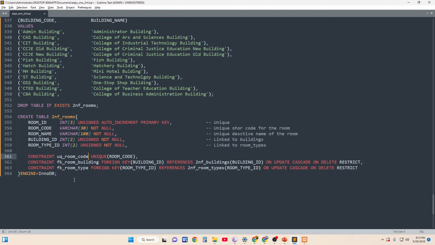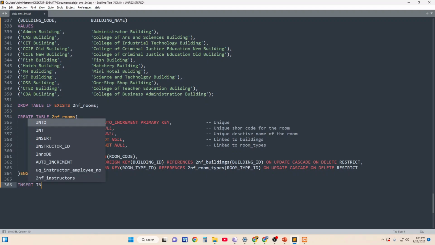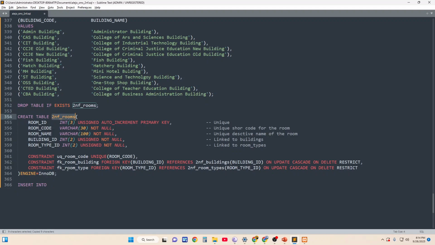So we can populate examples. Okay, so I will just give an example of only two buildings, for example, and that is CIT and then I think criminology. So for example, insert into two and F rooms. Insert into two and rooms, and we have here